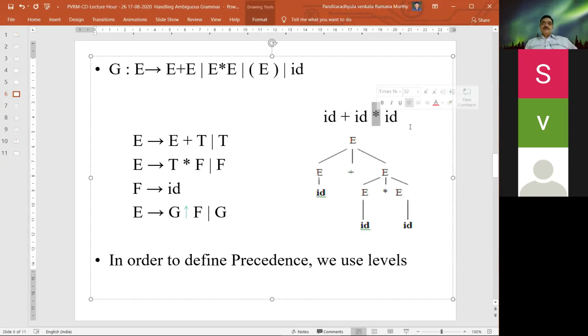When you are having symbols at different precedence levels, we know in expression evaluation we always need to do the highest precedence operation first. Then we need to do the lowest precedence operation, right? In order to perform the highest precedence operation first, then the lowest precedence operation,